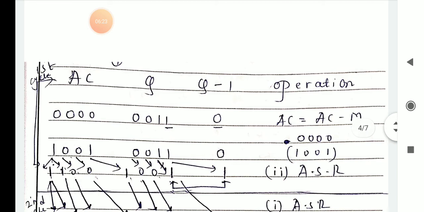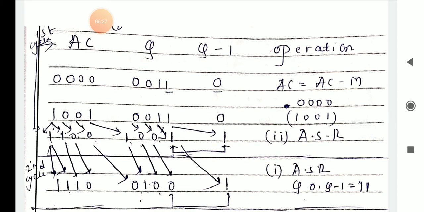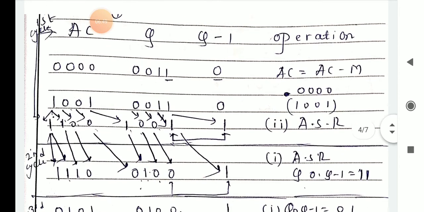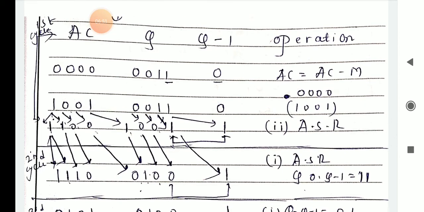Okay, so next, if you want to perform the flow chart with respect to Booth's multiplication, make a table. First you have to write the AC, that is the accumulator, then q minus 1, and what operation you are going to perform. So n is equal to 4, that's why you have 4 cycles to perform here. Within those 4 cycles only you have to complete this process. Okay, so first I have written here AC is equal to 0 0 0, q is equal to 0 1 1, and q minus 1 is equal to 0.